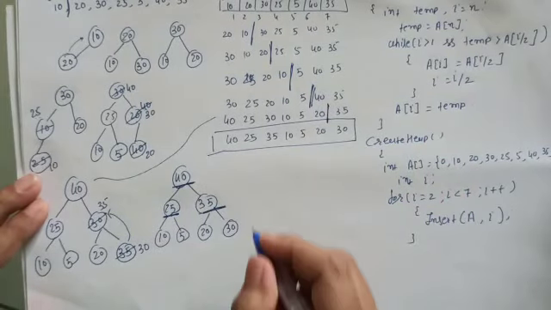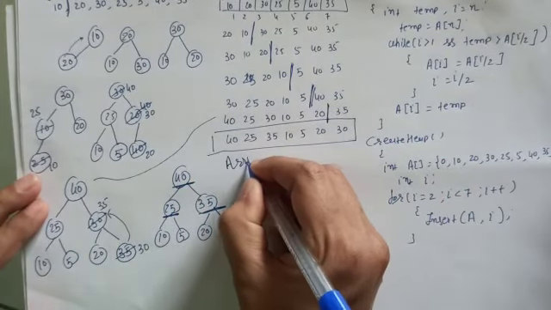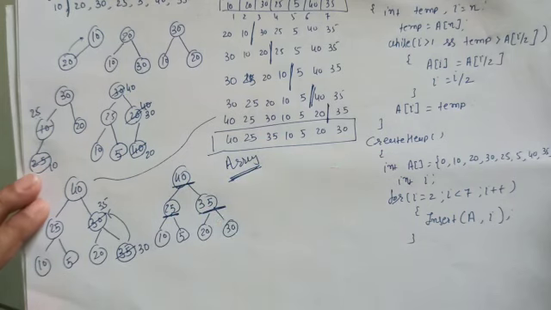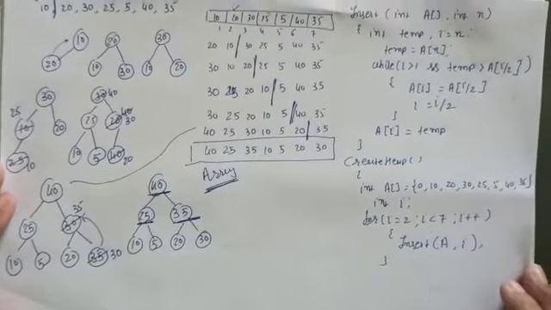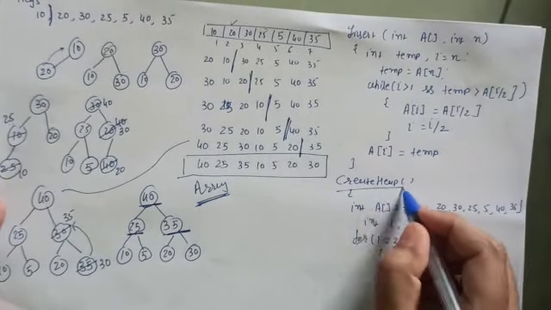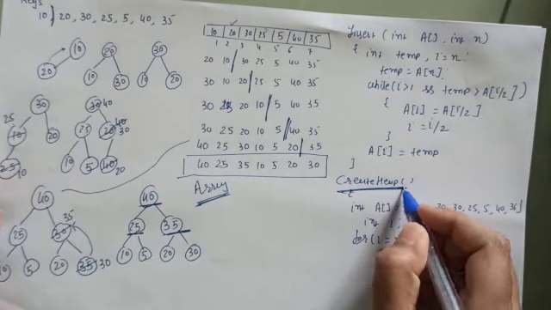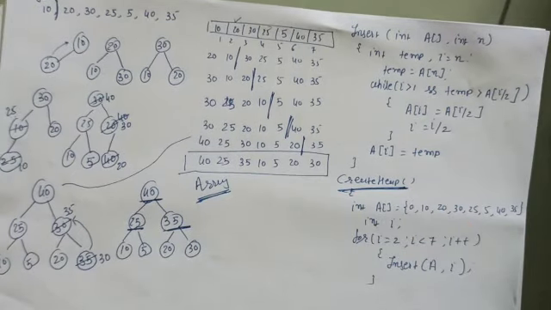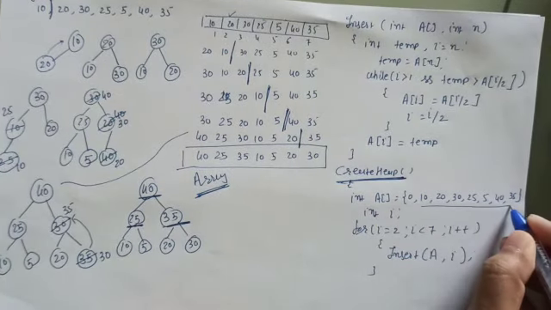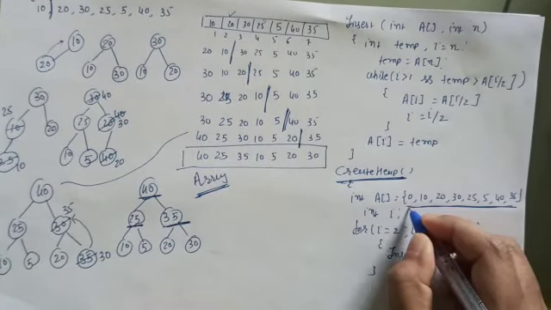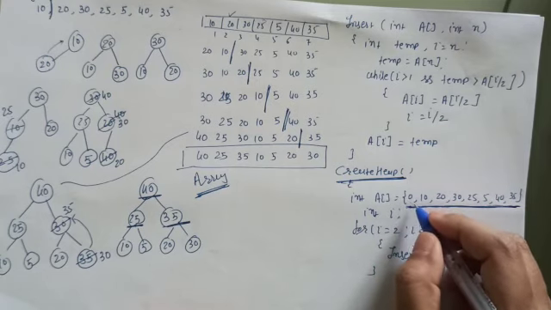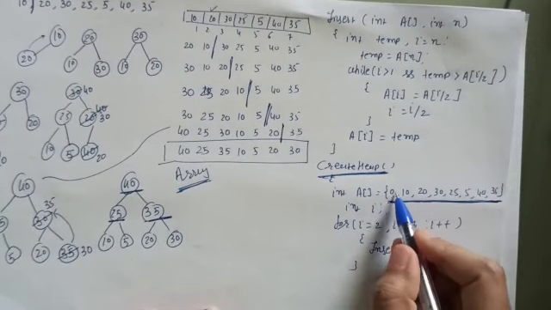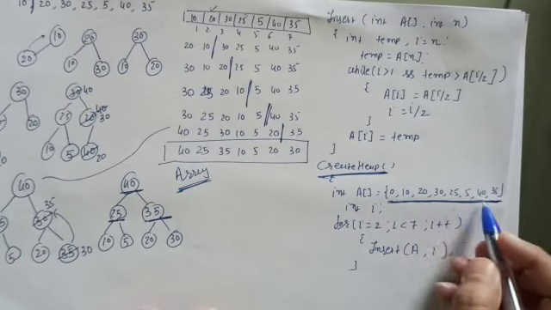So we used an array as a physical data structure to implement the binary heap, and this is the corresponding code, or an algorithm we can say. So, create heap. We need to perform insertion to create a heap. For example, these are the keys. If we think about the array implementation in C, the array indexes start from 0. So that's why I have used this 0, but no need to bother about it.